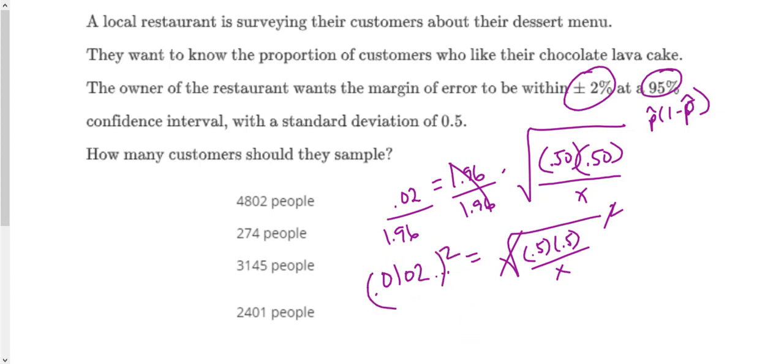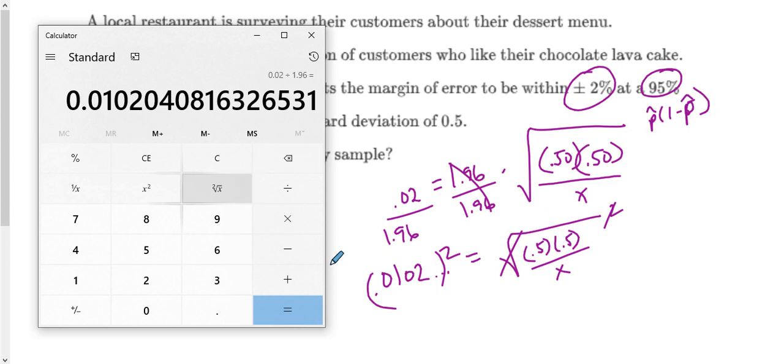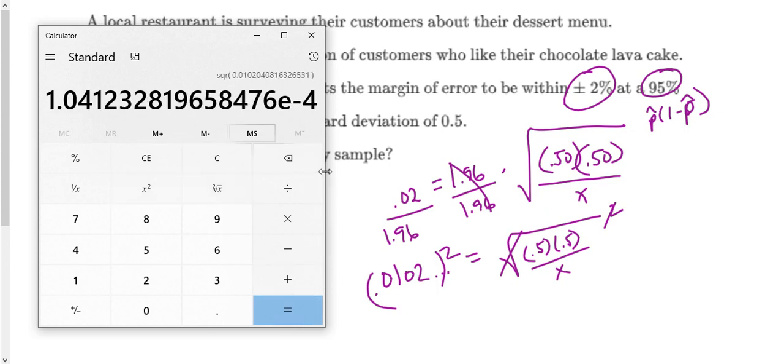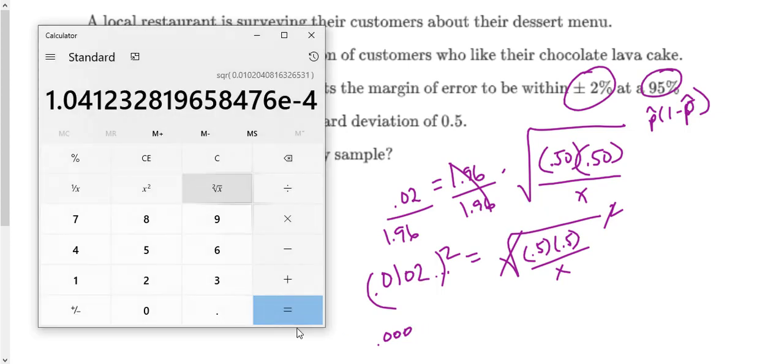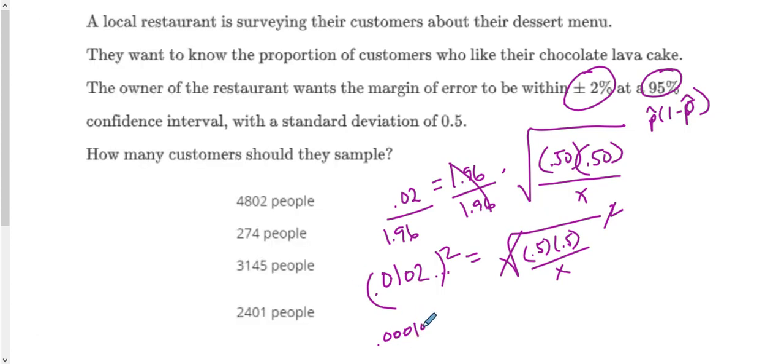So let me go back to my calculator. I'm going to take this value that's already in there and I'm going to square it. All right, that gives me this one. Notice this number got smaller. See this e minus 4? That means take this decimal and move it that way 4 places. So this number did get smaller when we multiply numbers times themselves less than 1. They get smaller. And so what that leaves us is 0.000104, and it continues on,